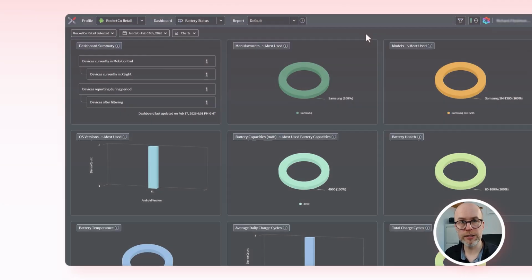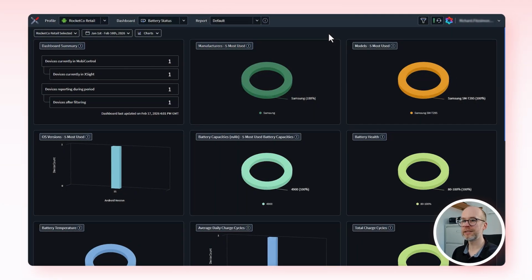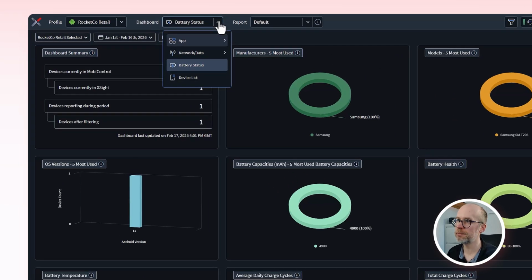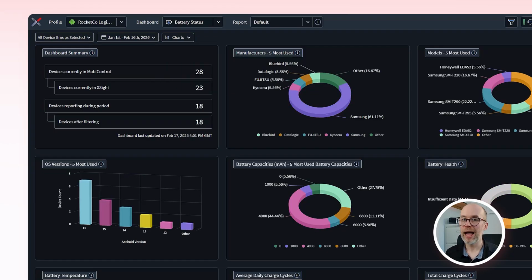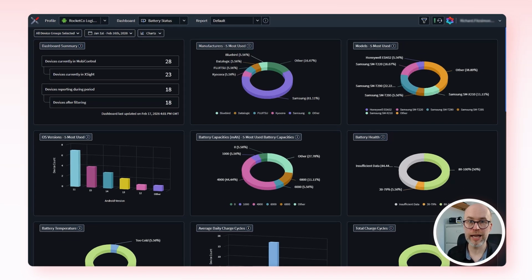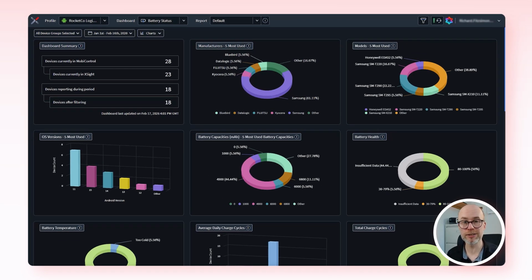So if we fast forward by a day, we see that our device is now populating data within the dashboards. We now have analytics relating to battery, application, network, and more. And of course, it's not just one device. All of the devices targeted by the analysis profile will be feeding data to SOTI XSight, providing rich operational insights